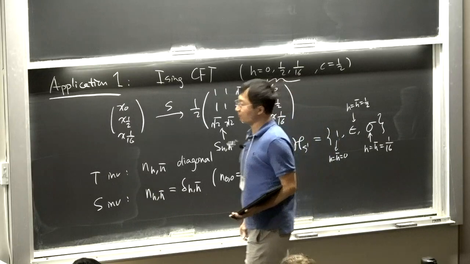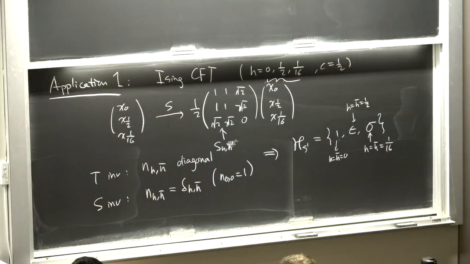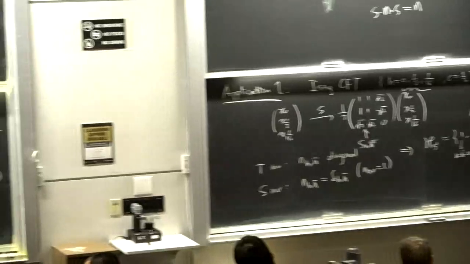That's the first application. Can I ask? Yeah. So the modular invariance comes from putting the CFT on the torus. Yeah. Is this data for an Ising model on a plane or